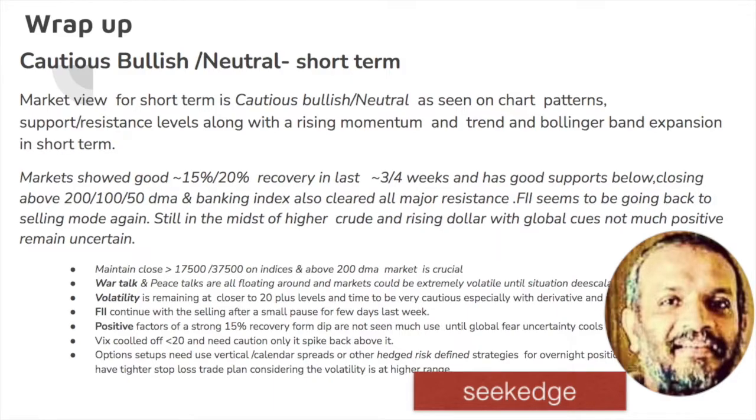It can end up with the current consolidation that is happening for several days and then break out, or remain there doing the same thing for some more days before it moves up or down, right? So maintaining that 17,500 and 37,500 on the indices is very crucial now, and maintaining about 200. That is important. Even if there is a correction now, again coming back,